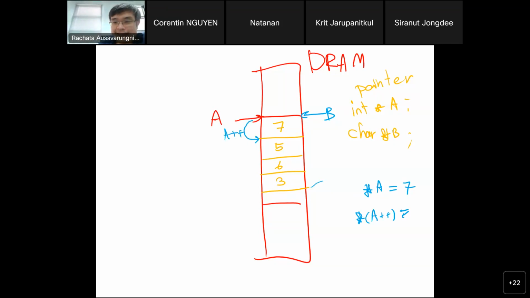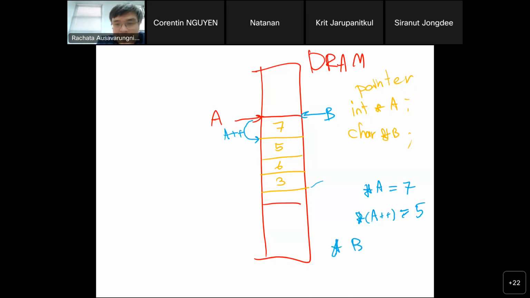I put the parentheses around it so that the A plus plus would happen before the dereference. It works the same way as in math: if you put parentheses around the operation, we do that first. So this would be 5, right?